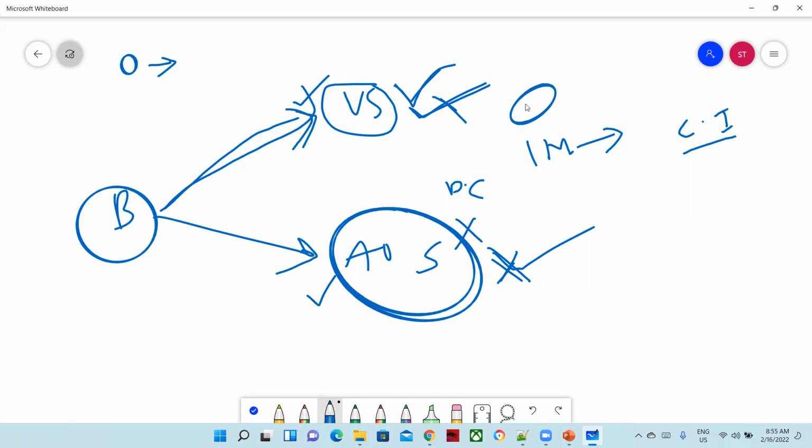So if we have, let's say, North America, even though these two crash also, in this data center my data is